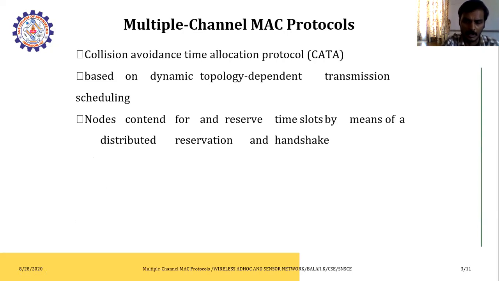If one channel is requested by 2 nodes, one allocation will be done, either based on the priority or based on the process. Once it has been allocated, the other has to wait for this channel, or if any other channel is available, go and prefer that. With this, we can clearly avoid the collision that may happen in the channels. This is where the collision avoidance time allocation protocol will be used.